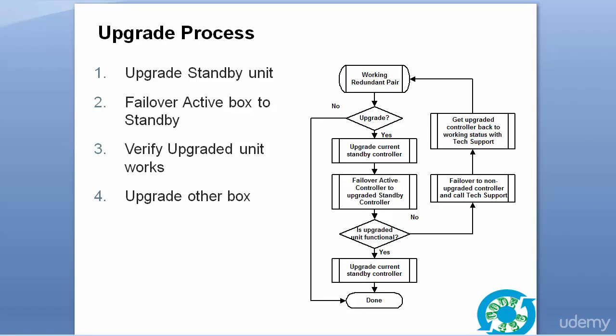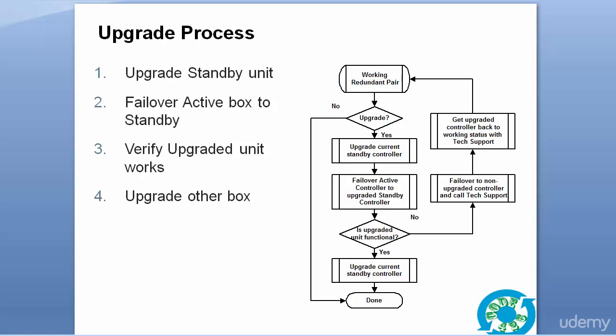Now that we have a functional HA pair, we can perform maintenance without disruption to the production network. The normal process for upgrading involves installing the update on the standby unit of the redundant pair, then forcing the active unit to standby and verifying the configuration still works. Once the configuration is verified, the original active box, now in standby mode, can be upgraded with the new code